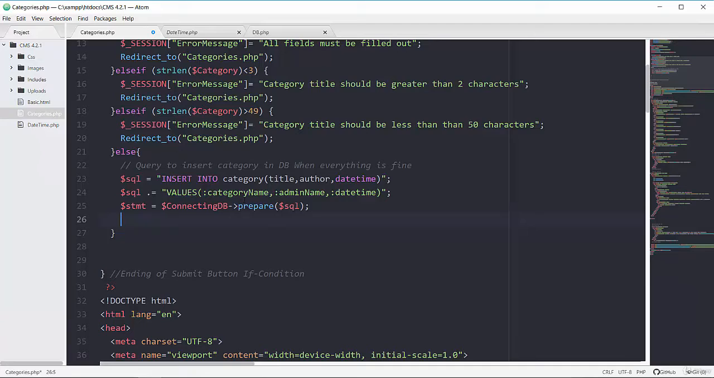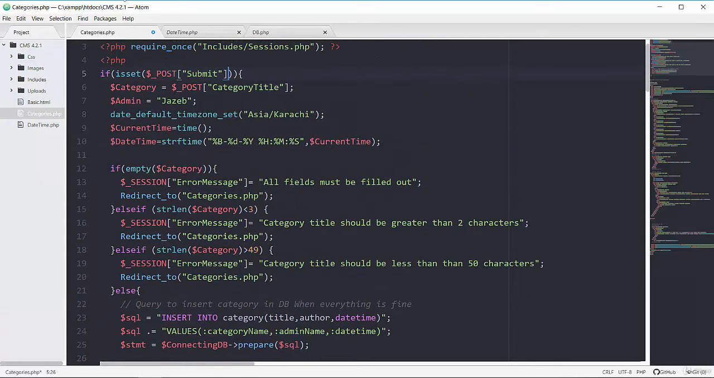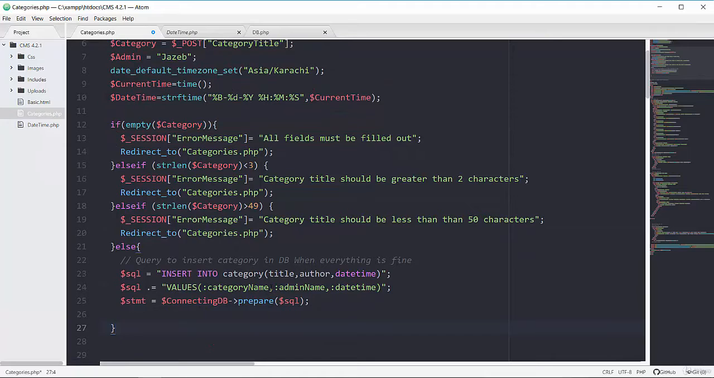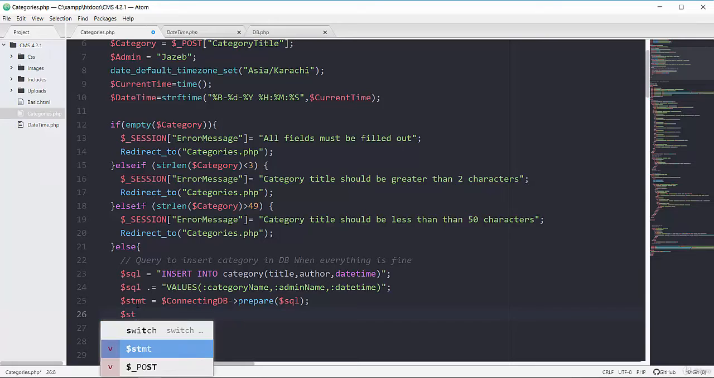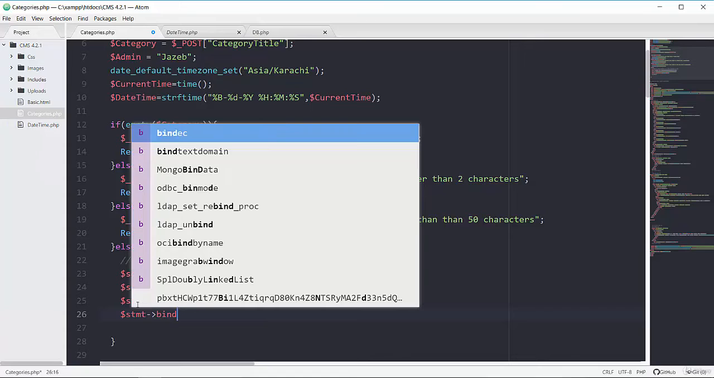Now it's time to bind these dummy values to the actual values which we got in our script. The actual values we have here are this category, admin, and this date and time. So now we have to bind those values with these dummy ones. Right on the next line, for binding values, this variable stmt will be treated as an object. So stmt, and for object notation we need a dash and angle bracket, this arrow, and we have to call the